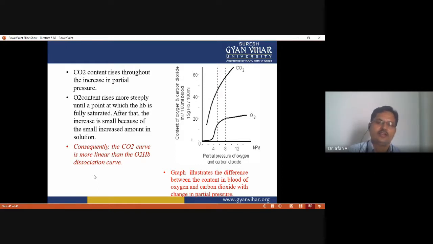So this figure shows the difference between the content of oxygen and carbon dioxide present in the blood with the change in the partial pressure of oxygen and carbon dioxide,